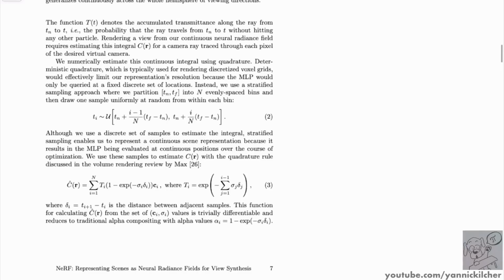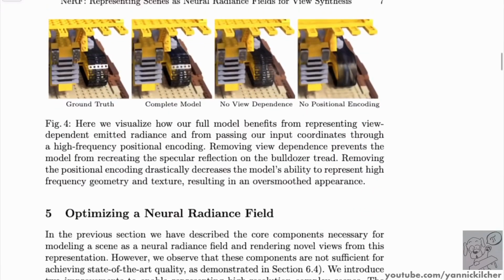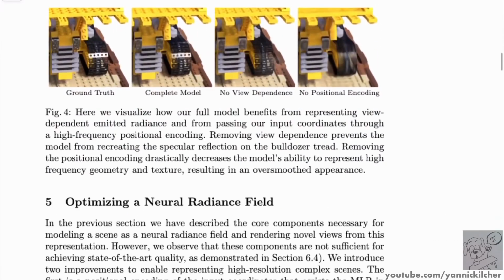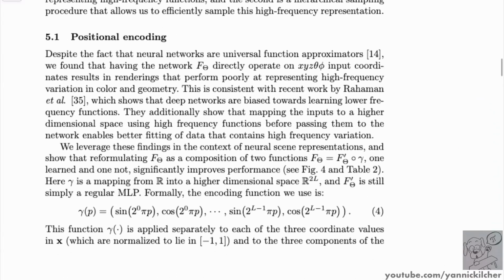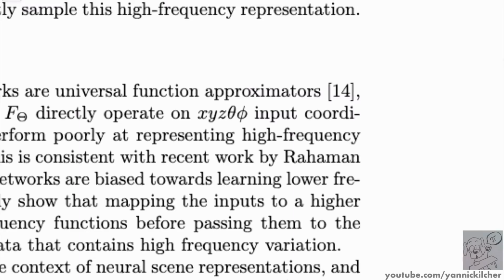There are a lot of tricks. Oh yeah, so they approximate the integral with quadrature, which has also existed. And they have a bunch of tricks. The first trick to really get this to work is, not a novel, but kind of the employment of a positional encoding. Now, the positional encoding is not the same as you might know it from transformers. The positional encoding here simply means that you send the input data point, which is this thing right here, x, y, z, theta, phi,